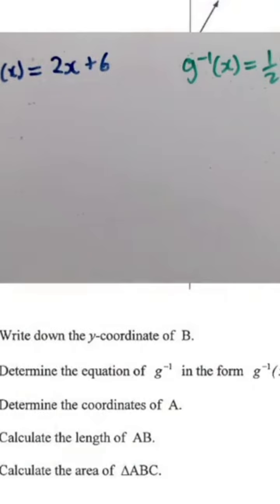Again, easy peasy. Now, for 5.3, we have to determine the coordinates of A. And we are told that the graph of g and its inverse intersects at that point A. But regardless of the information that is given to us, we can see from the image itself or the diagram itself that point A